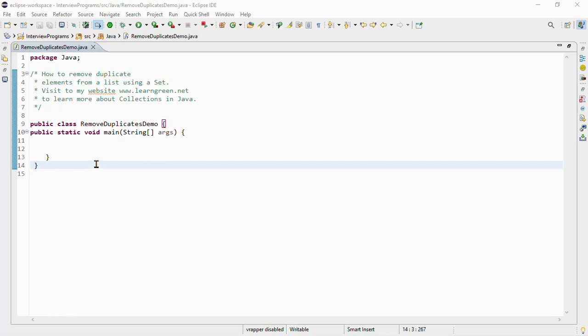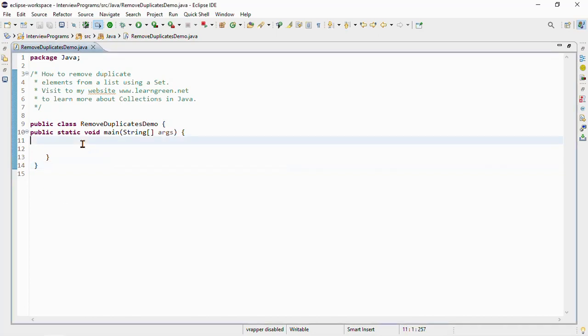Friends, now let's continue our code demo for removing duplicate elements. So let's start. Friends, here I have one class with the name RemoveDuplicatesDemo. So first of all, let's define one list